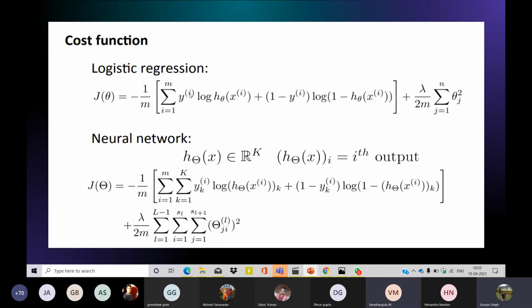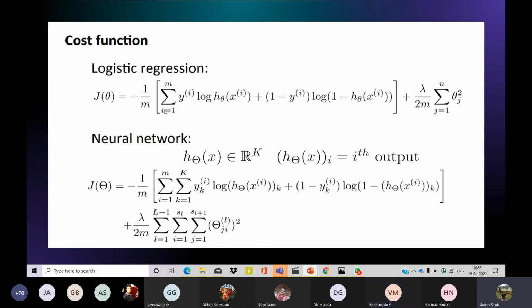So I have also included logistic regression here. Actually, when we take a single layer in a neural network, it becomes logistic regression. Meaning in a neural network, if we have one layer, then that will be a logistic regression, and in a neural network we have more than one layer. So let's see the similarities and differences between logistic regression and neural network.